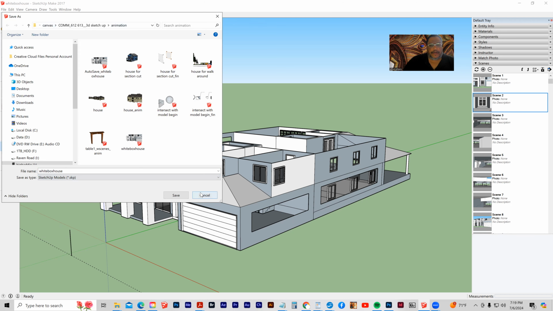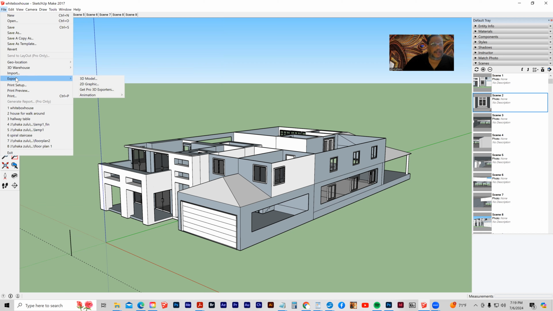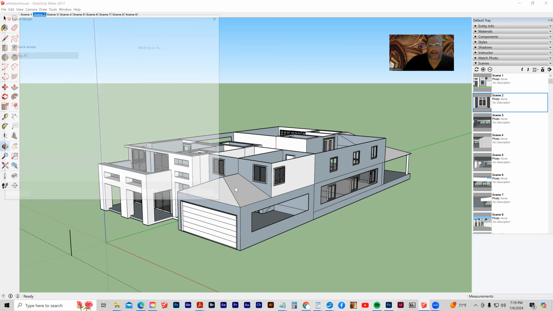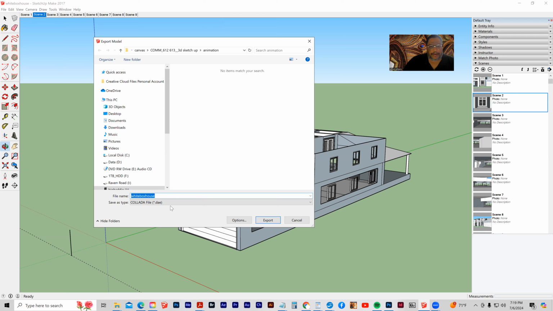And then I can also go to File and choose Export 3D Model. Now, 3D Model will allow me to export it as a Collada file, .dae, or a Google Earth file, .kmz. And it's unfortunate that it doesn't automatically export to either a DXF or .obj file, because those are pretty much the standard for the issuance and the importing of objects and 3D objects in most 3D applications, the .obj and